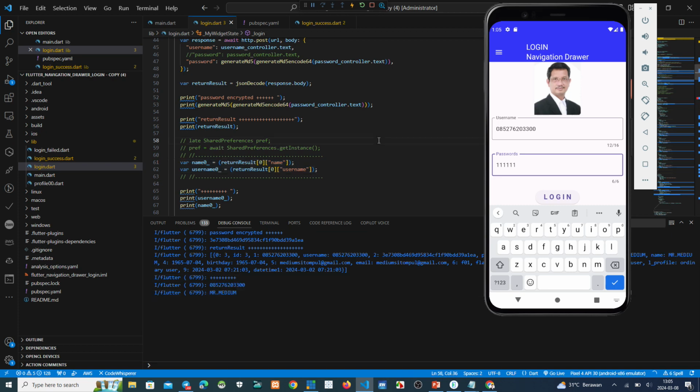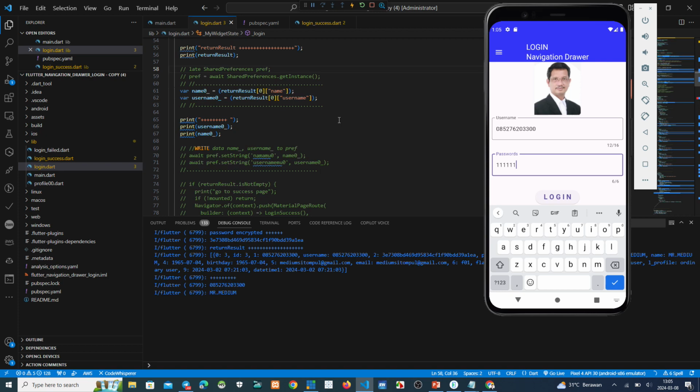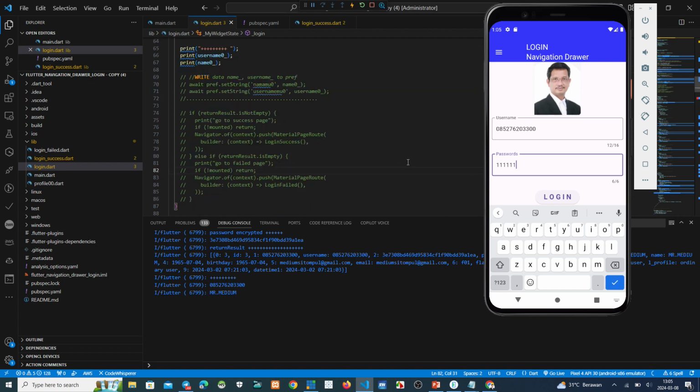Okay, after that, we make a navigator. If the result is not empty, go to login success. Okay, this is the login success.